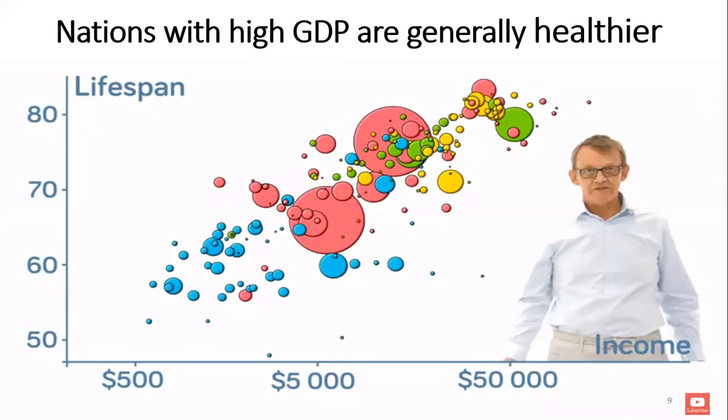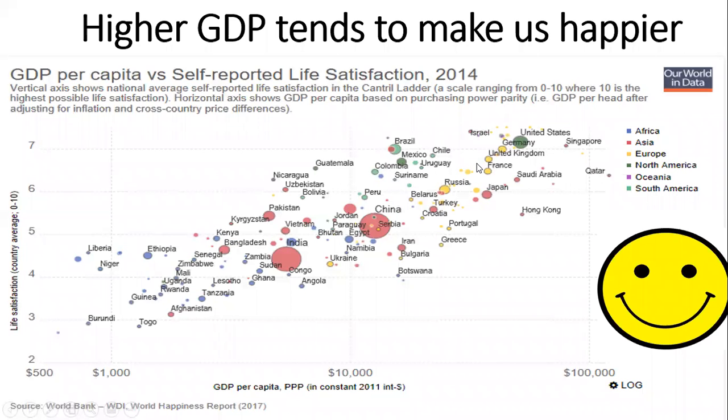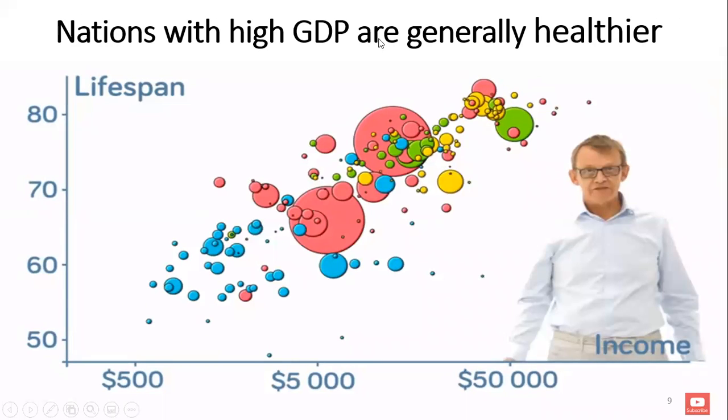So we can look at how GDP correlates with health. So in this graph here, every dot represents a country in the world. The size of the bubble represents the size of the population. So the two big bubbles here are India and China, and the colours represent continents. So the blue is Africa, the red ones are Asia, the green I think is the Americas, so North and South America, and the yellow is Europe.